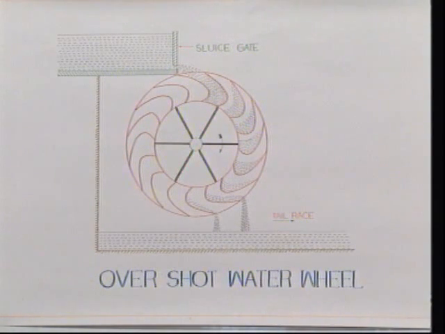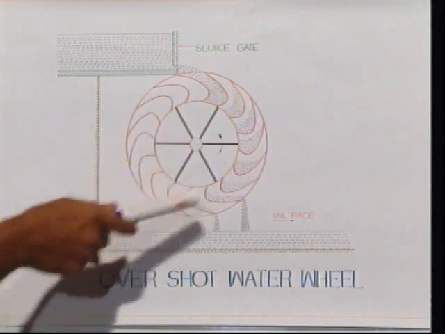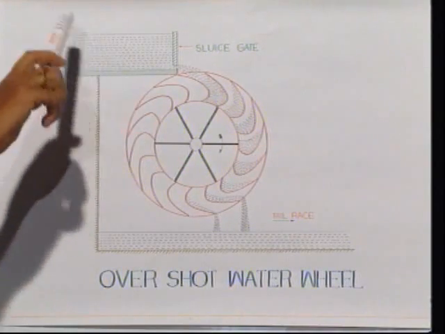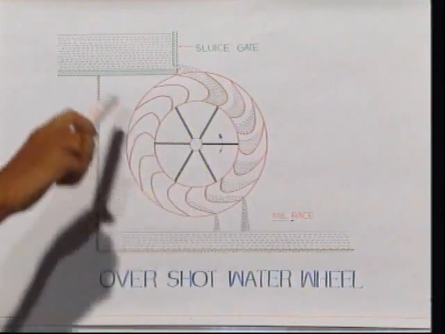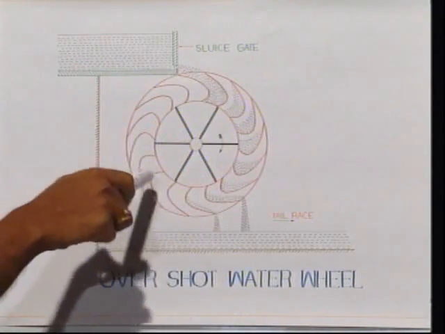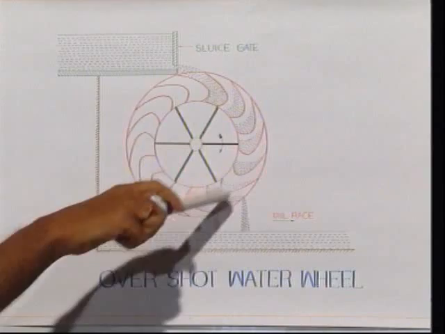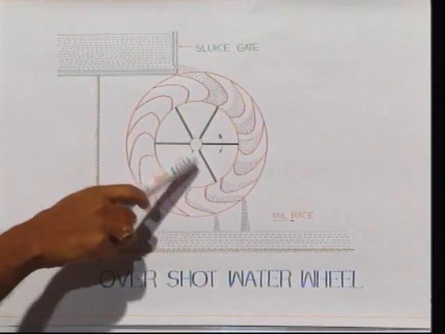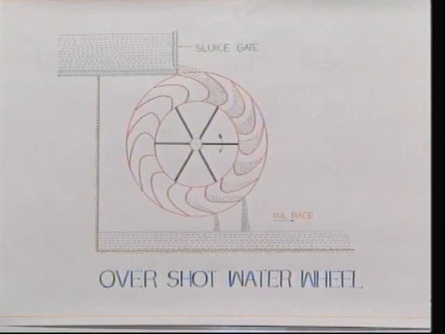This is one type of water wheel which was used in the earlier days. This is the overshot wheel, which used the potential energy of water. Water kept at a higher level is forced to fall onto this water wheel. Due to this potential energy, it forces the blades of the water wheel. Thus the water wheel rotates, and the potential energy of the water is converted to kinetic energy.